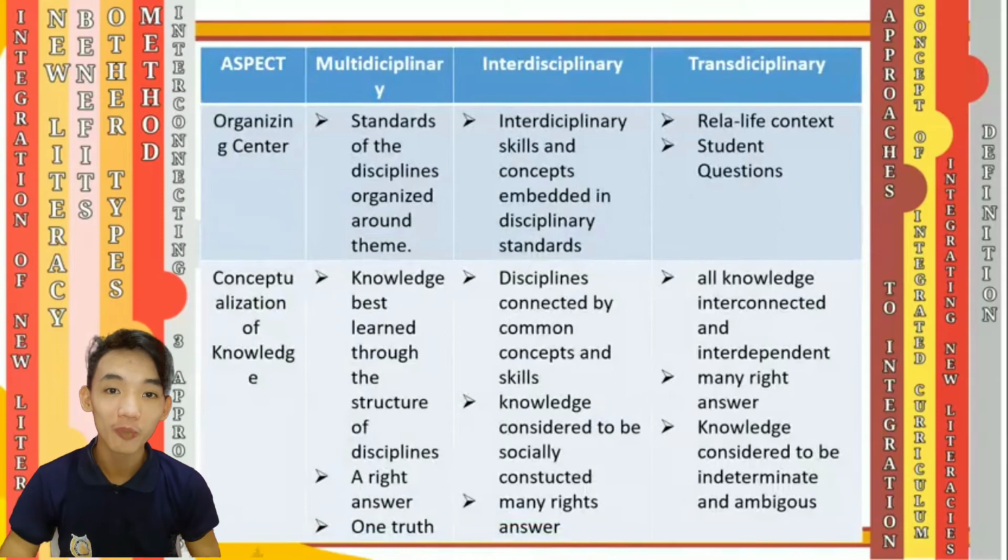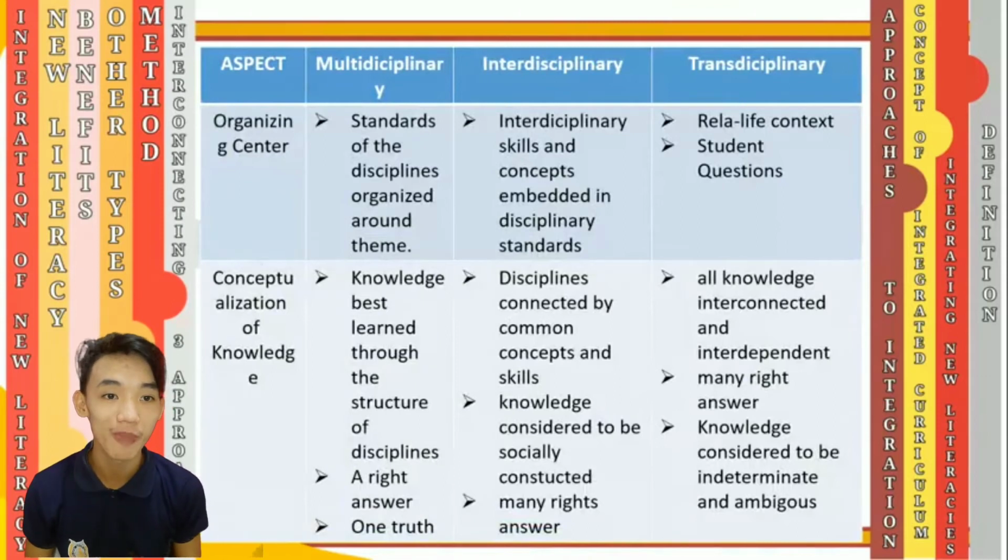Second, in the conceptualization of knowledge, in terms of multidisciplinary, knowledge is best learned through structure of disciplines, a right answer and one truth. In terms of interdisciplinary, the disciplines are connected by a common concept and skills, knowledge is considered to be socially constructed, and many right answers. In terms of transdisciplinary, all knowledge is interconnected and interdependent. Many right answers and knowledge considered to be